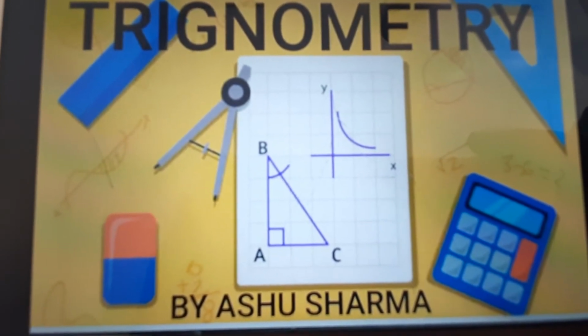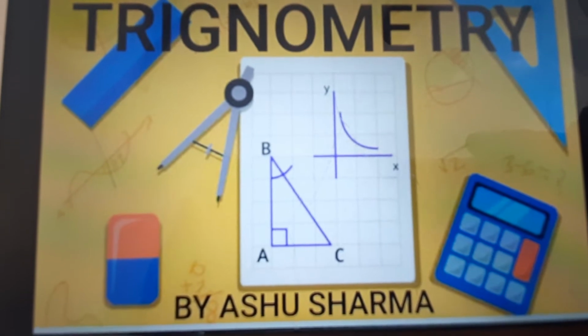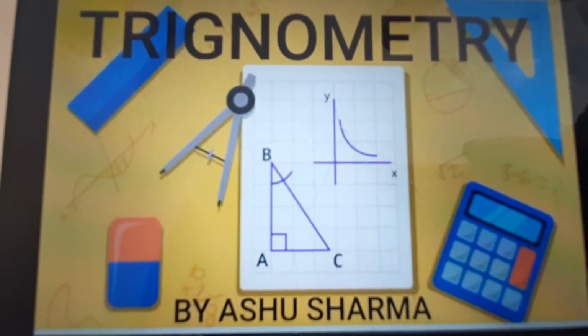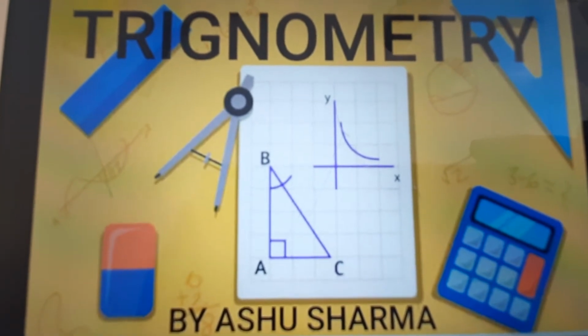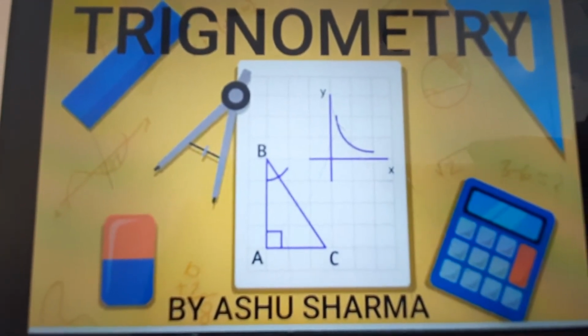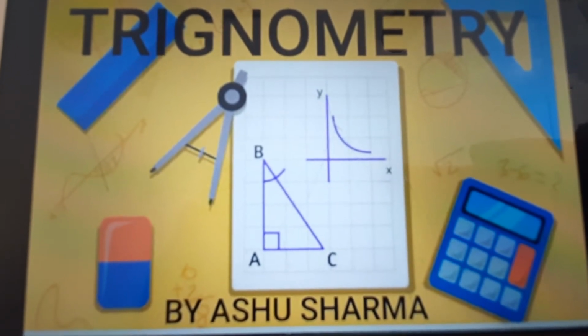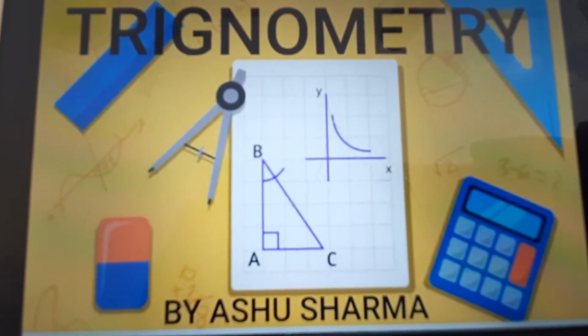Dear students, we are doing trigonometry, Introduction to Trigonometry, Unit 8 of your NCERT book. And till now, we have done 8.1, 5 questions. Now, let's move on further, and let us first recall the things which we have done till now. So what we have learned till now, that there are 6 trigonometric